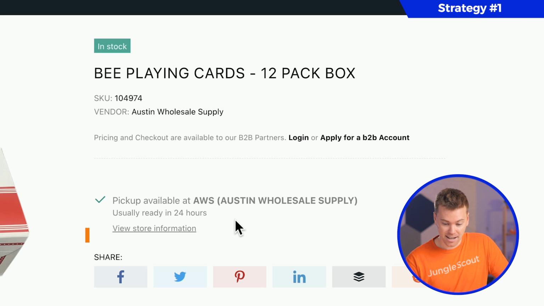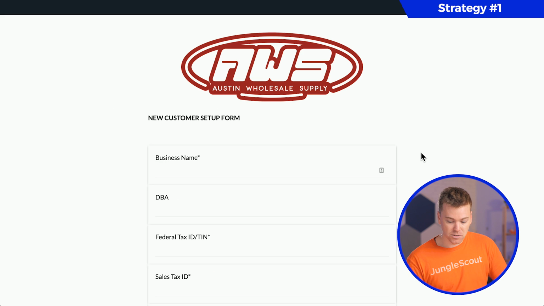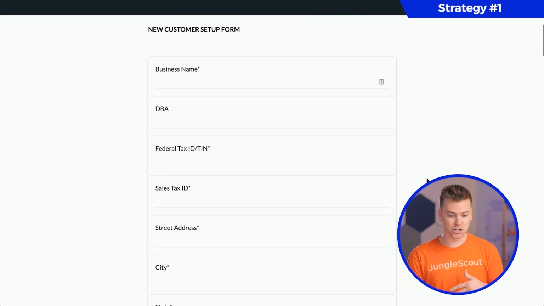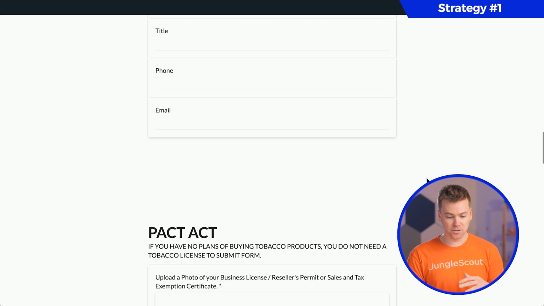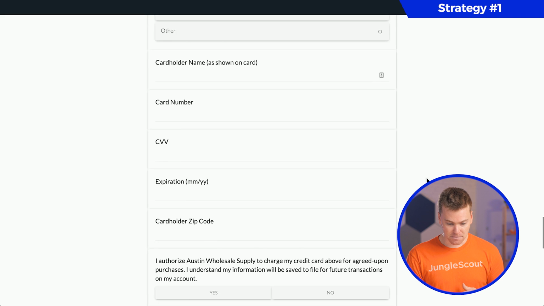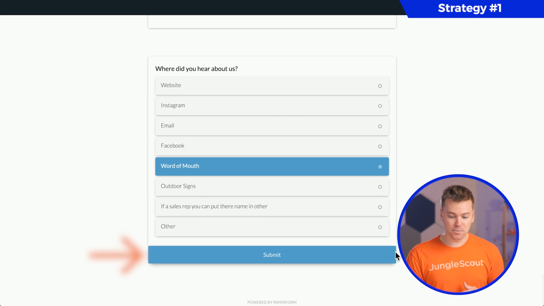That's huge. So if I wanted to buy this product, we're not there yet, but just to show you the process of finding and contacting a distributor, I can come up here and apply for a B2B account, and this will then send me to this form here. So on this form, I can go ahead and fill it out. Later on in this video, we're gonna show you exactly what to say and how to fill out these forms. But once this form is filled out and I go ahead and click submit down here at the bottom, hopefully I'll be able to